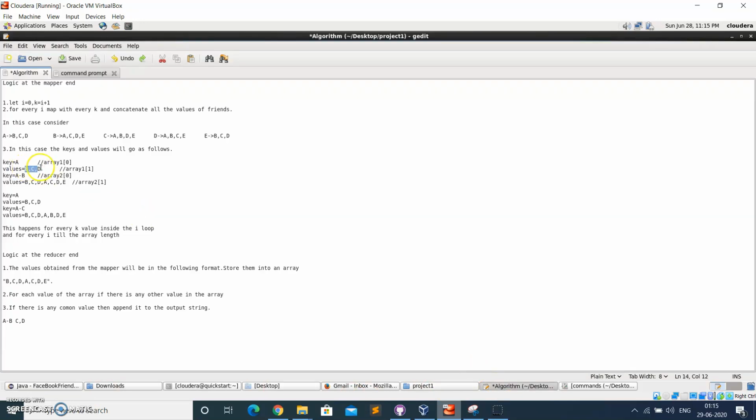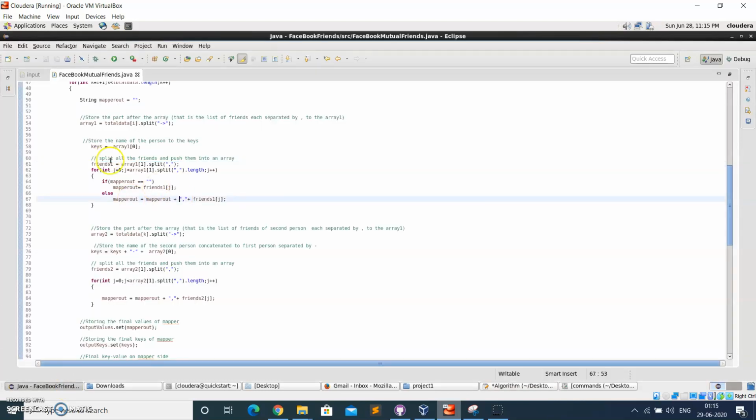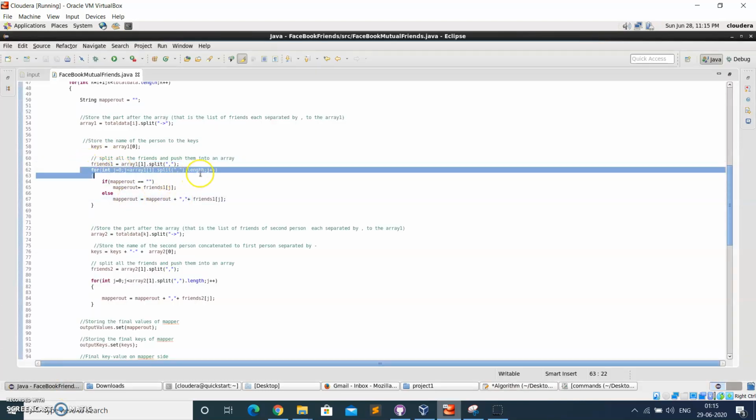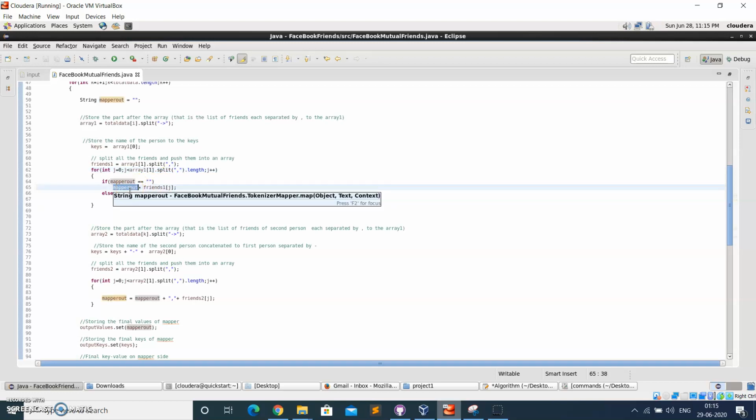When I say friends, this means B C D. For each and every friend, we are trying to append it to the mapper out.